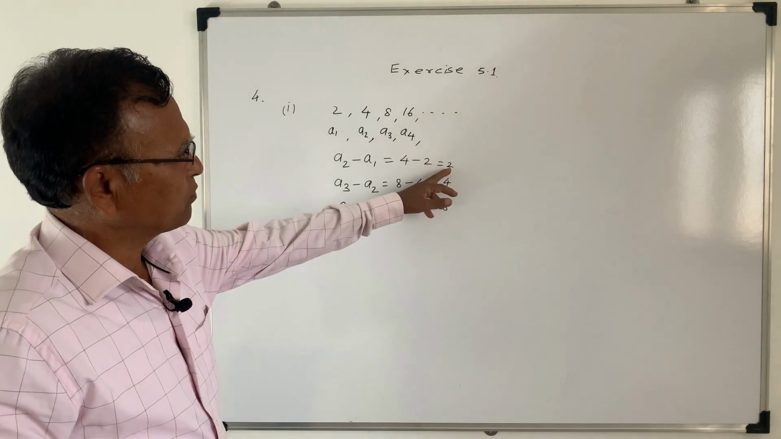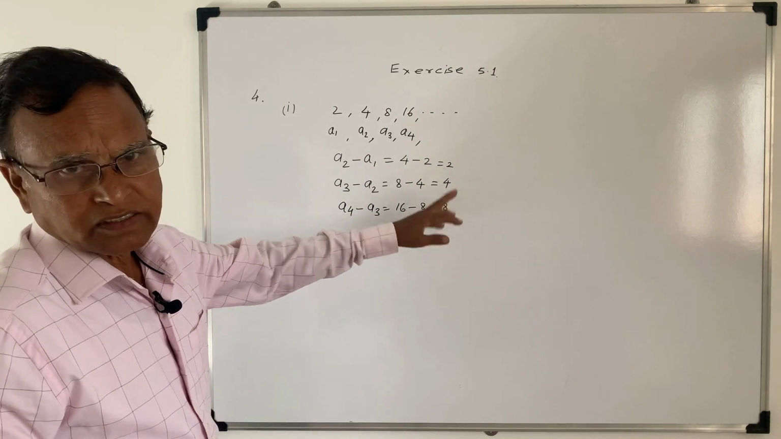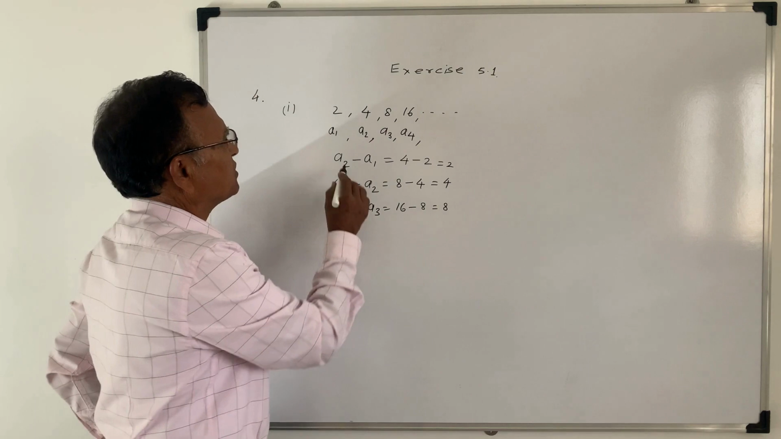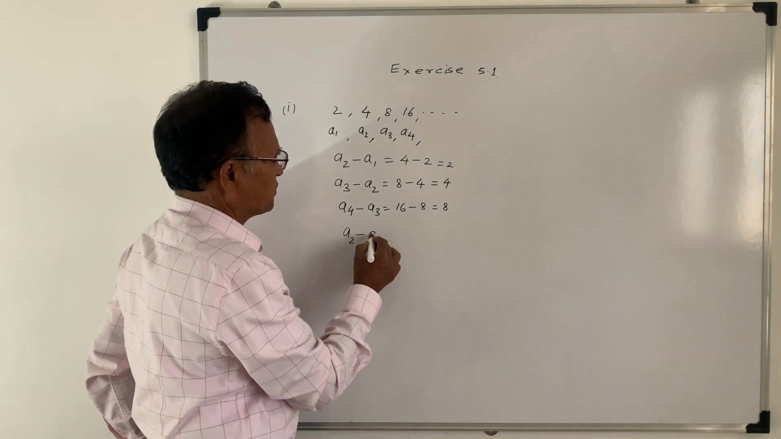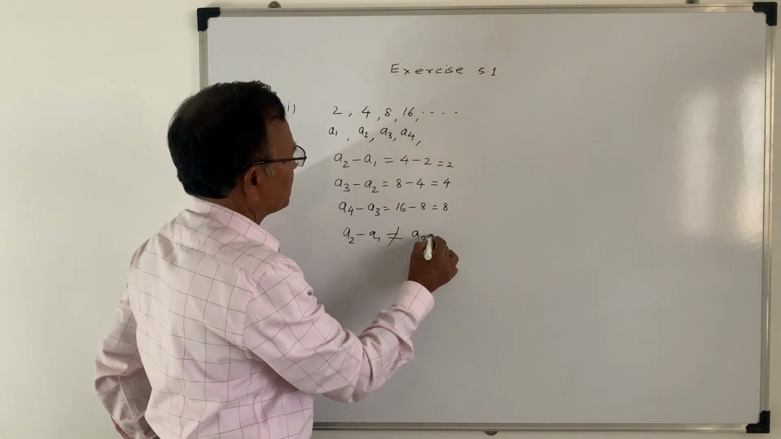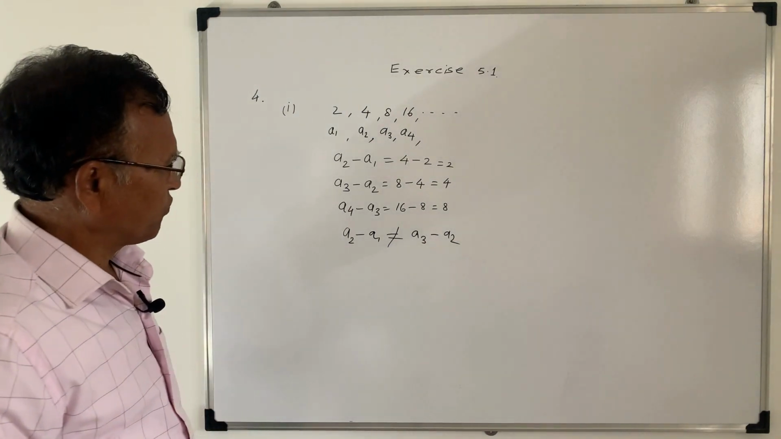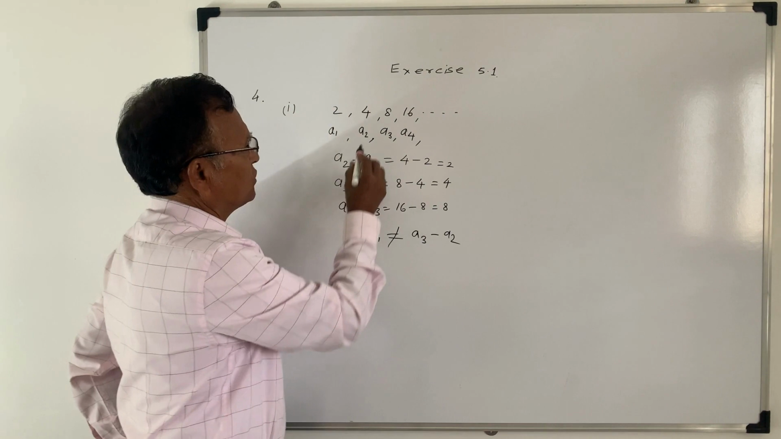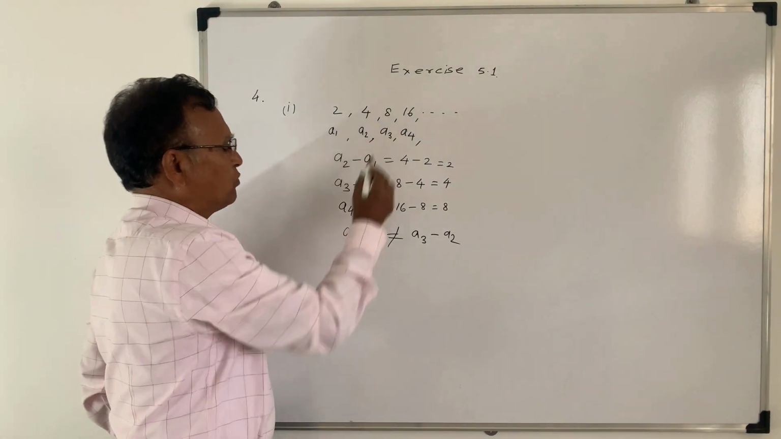सो आप देख रहे हैं कि ये कॉमन डिफरेंस जो है यहाँ पे 2 है, यहाँ here it is 4, here it is 8। So it means this common difference is not equal। यानी आप लिख सकते हैं A2 माइनस A1 is not equal to A3 माइनस A2, and therefore जो सीक्वेंस है या जो अर्थमेटिक प्रोग्रेशन है